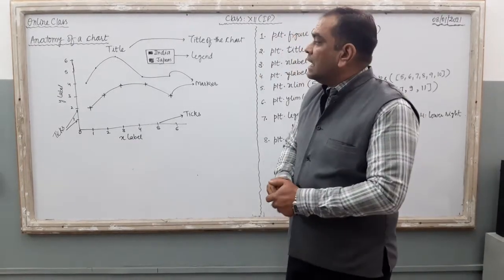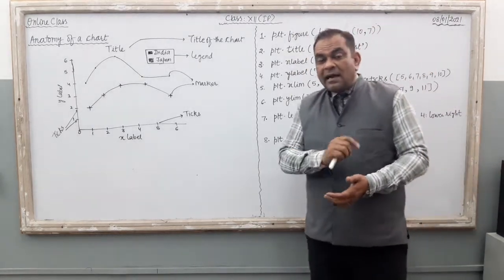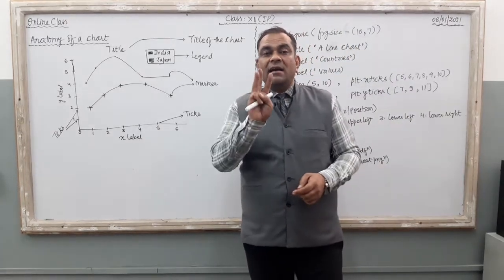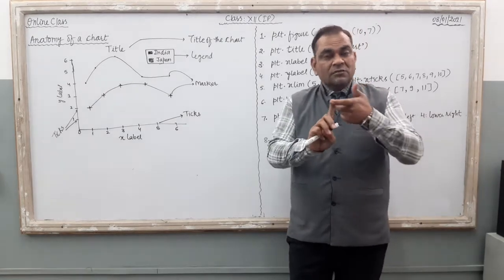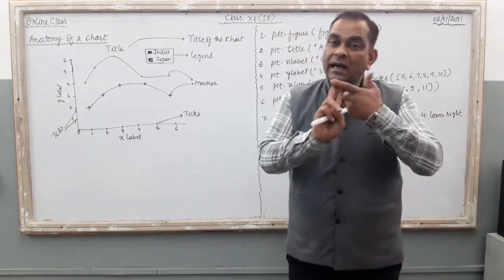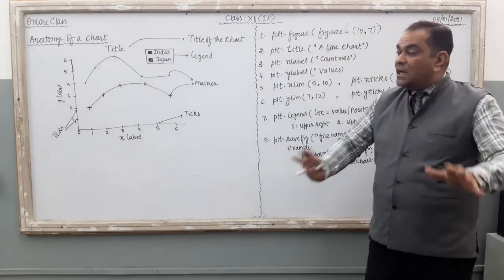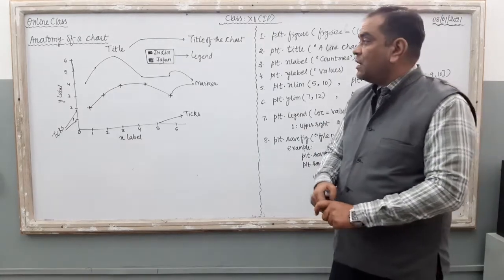We are working on the graph representation chapter, and right now, after the reduction of the syllabus, we have only three types of charts in the syllabus. The first one is the line chart, the second is the bar chart, and the third is the histogram. The videos related to all these three charts are available in our app.